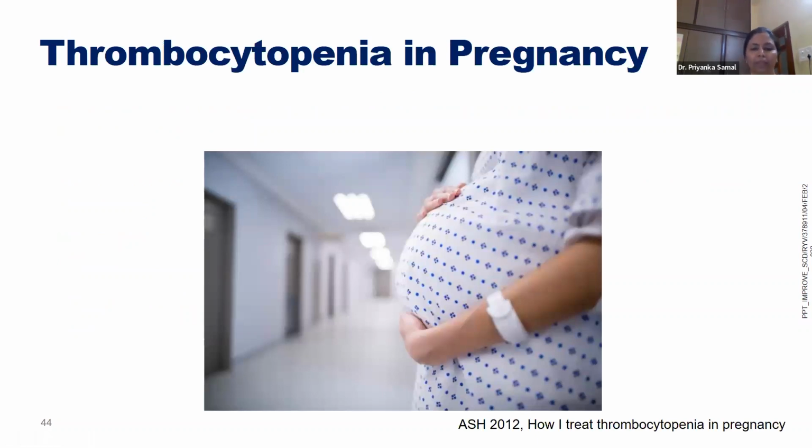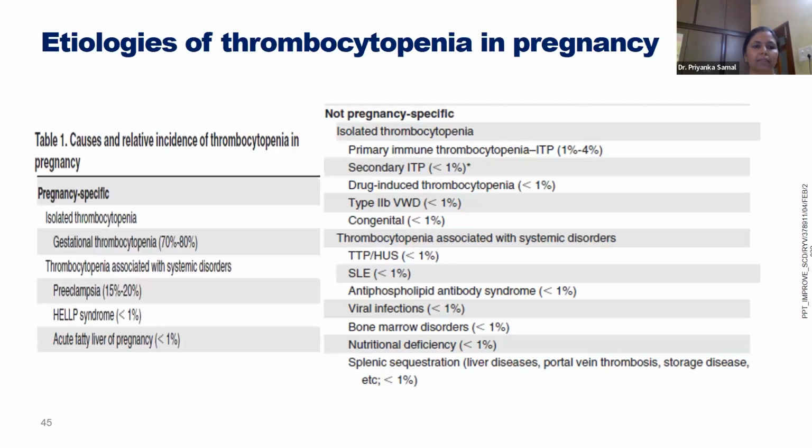So next is thrombocytopenia in pregnancy. Some of the causes and the relative incidence are mentioned over here. Isolated thrombocytopenia, gestational thrombocytopenia, occurs in 70 to 80%, the most common cause. Thrombocytopenia associated with systemic disorders like preeclampsia, HELLP, acute fatty liver of pregnancy. And then there are some non-pregnancy specific causes like ITP, secondary ITP, drug-induced thrombocytopenia, type 2B von Willebrand disease, congenital